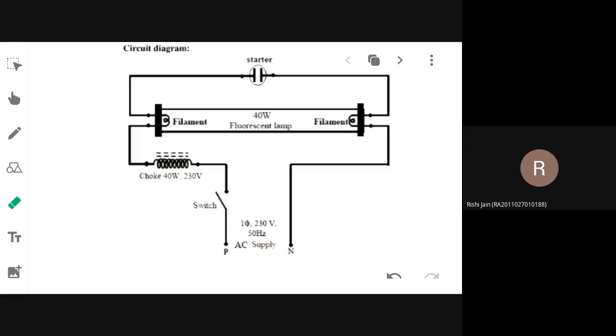Ma'am, you are teaching, we are doing. What? In your home you can try it out. Okay, ma'am, what about the LED tube light? LED is simple. Again, I'm telling you, you are not having a choke. You are not having a starter element in LED. Ma'am, when the offline classes start, we will show you from there. Don't try out anything. When the offline classes start, we will show you at that time.